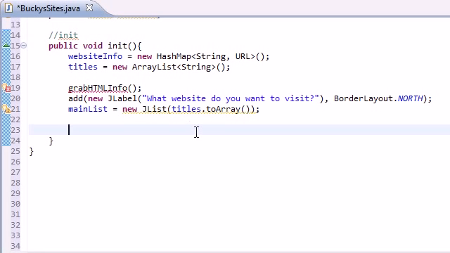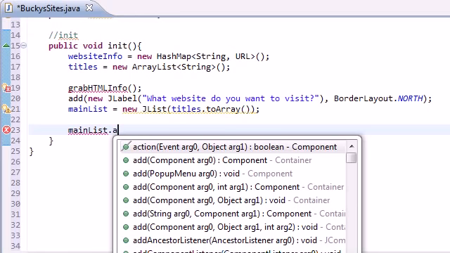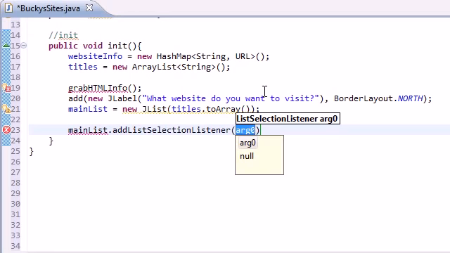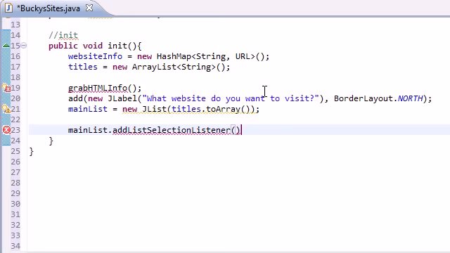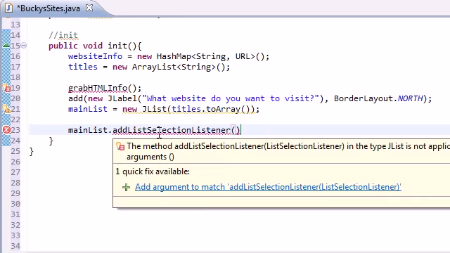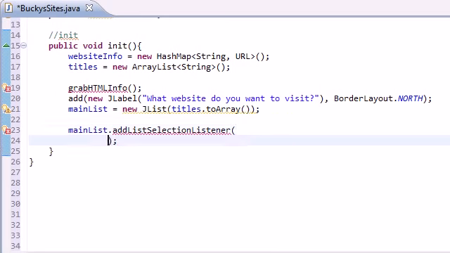So go ahead and write the name of your list, which is main list, and I easily could have typed that, and add a method called add list selection listener to it, just like that. Now, inside this parameter, let me see if it will tell you in the documentation. Well, I'll just go ahead and tell you. What we need to do is we need to add an anonymous inner class, basically the functionality to wait for the list itself. So the first thing you do is add a new list